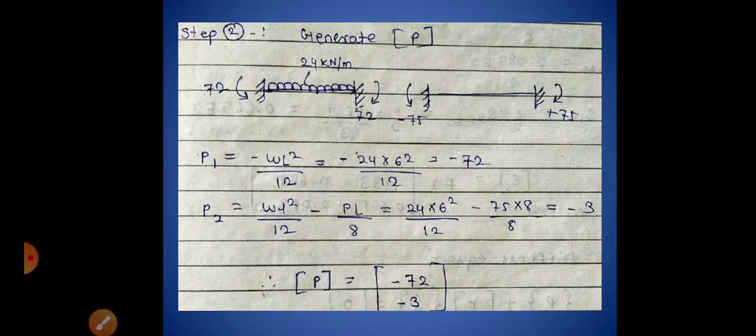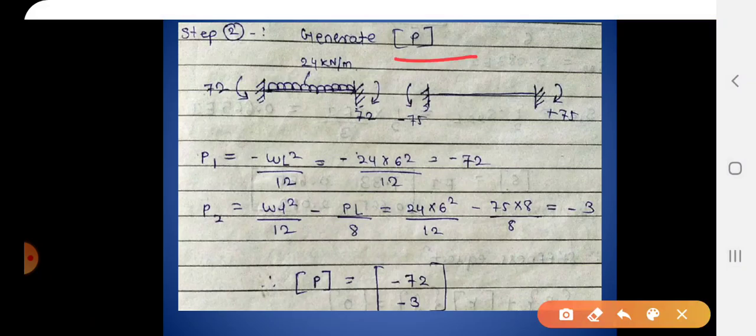Now go to step 2. We have to generate the P matrix. Okay, so what will be the P matrix here? P is the value which will be calculated as the action due to external load, and of course at the point of redundant. So our first point of redundant is A, and it is theta A. So the corresponding action is the moment at A. Okay, clear? Now the second point of redundant is C, and the redundant is theta C.